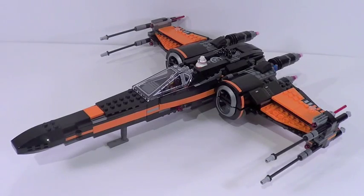Alright guys, final verdict here on Poe's X-Wing fighter. It takes a little getting used to the new cockpit piece, the new wing engine designs, and of course the colors of this vehicle. But once you wrap your head around it, this thing is one of the best sets of the year, if not the best. The design here is so fantastic. Yes, there are small, nitpicky issues, and yes, the price, $80 for 717 pieces, seems about $10 or so overpriced,